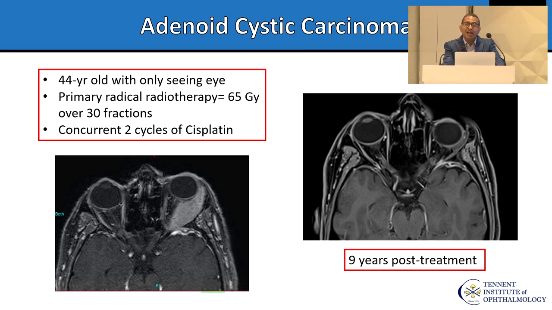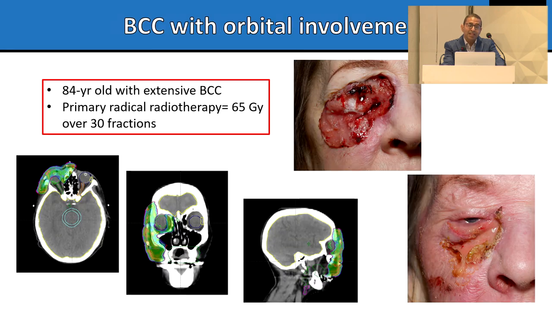This was treated with radical radiotherapy, 65 grays, along with cisplatin, and she's had a really good response with no evidence of metastasis. Here's another patient where radiotherapy is used in the same dose, but with palliative intent. A gentleman with a basal cell carcinoma, really unfit for any major surgery, and with the use of radiotherapy for the purpose it's been used for, it's a reasonable result.